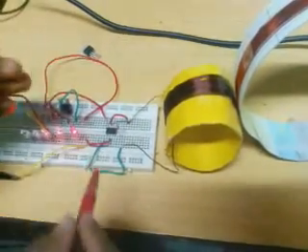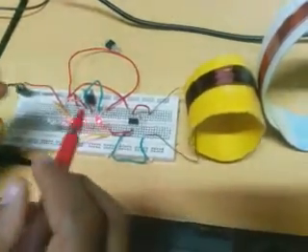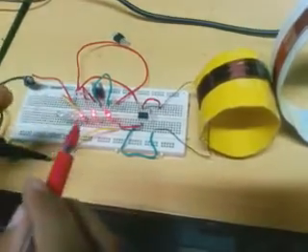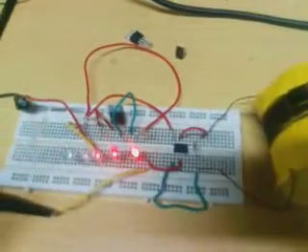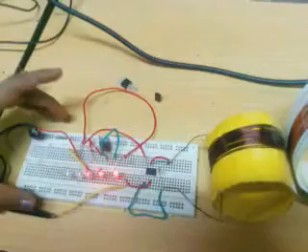Now, the output of this rectifier is given to the voltage regulator. Here we are using the voltage regulator from Texas Instruments, which is the TL783 high voltage adjustable voltage regulator. The output of this voltage regulator is 5 volt DC, which can be seen on the digital storage oscilloscope. This voltage is sufficient to charge our mobile. Now, we will see how it works.